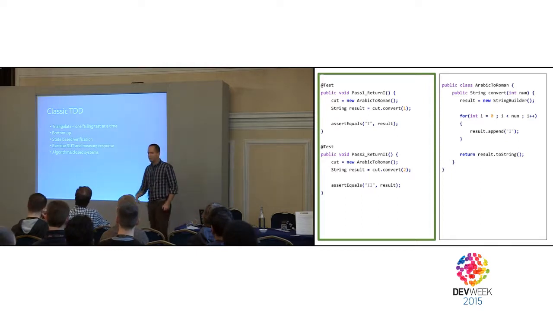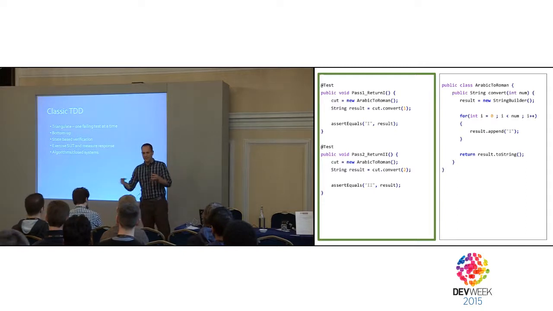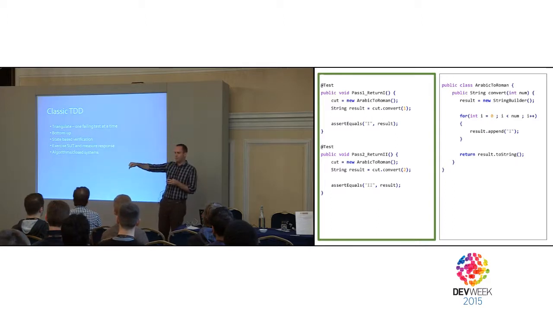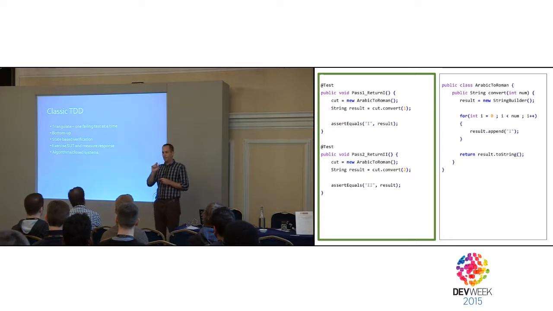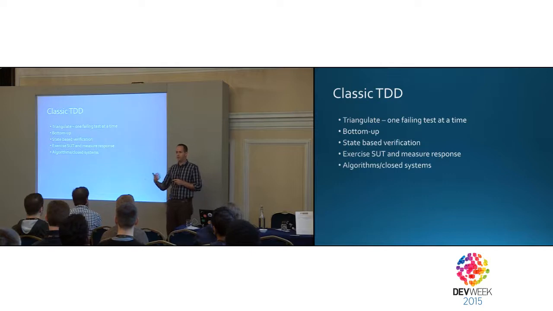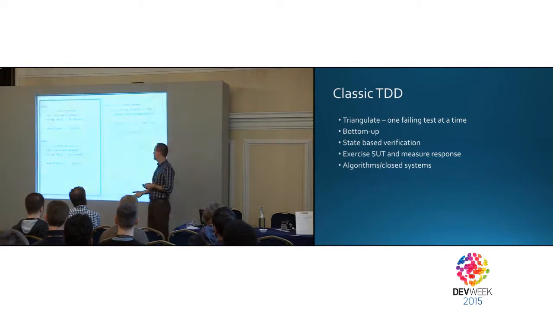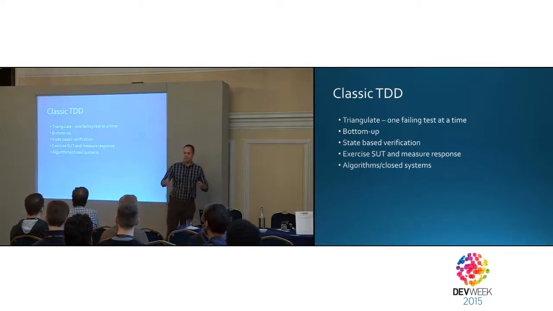Classic TDD talks about triangulation. I'll take a bunch of inputs, and I'll get to the design by shooting at it until I find the proper point. By refactoring all the time, I'll find the design on the way. It's also called bottom-up, because I start from inside the method, implementing 1 step at a time. It works very well with algorithms when I have some sort of internal machine, internal states. And I need to verify all the time that I got the right result. So it's always state-based. Either I get the result back or I check some property to see that I'm in the right place.